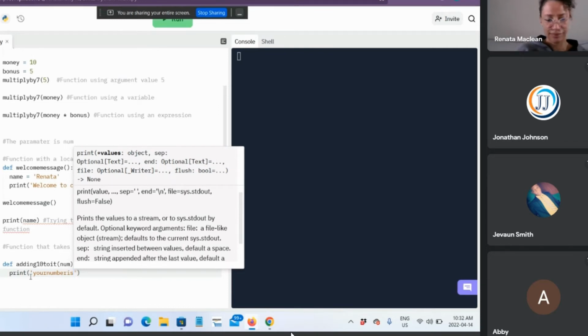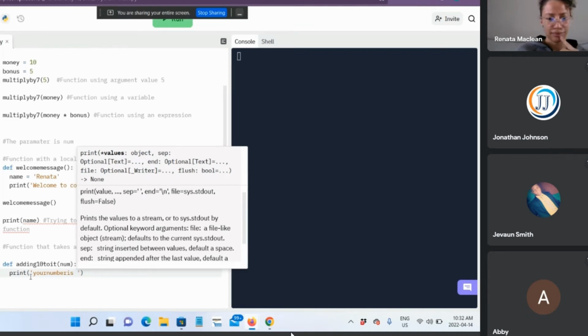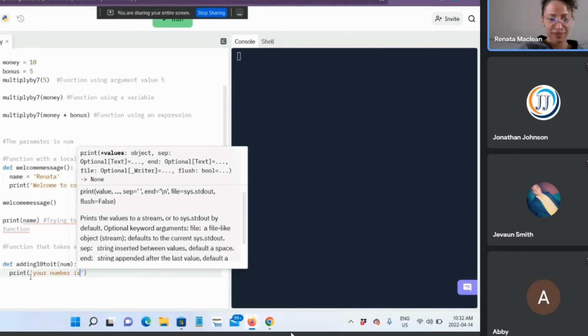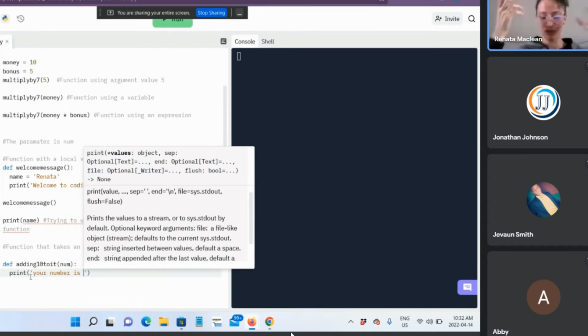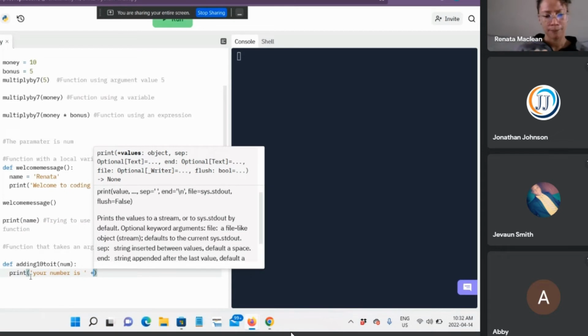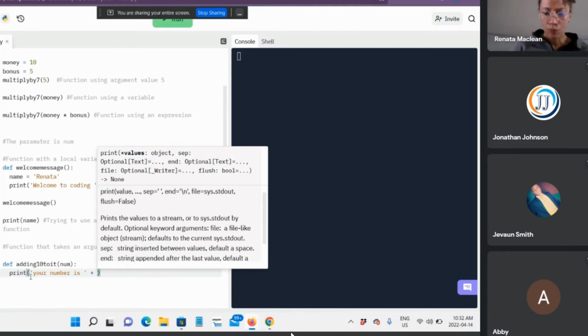All right, and remember, when you want to use any variable name, we use the plus sign outside of the quotations. Hey, you don't have any spaces there, Renata. Everything is squashed together. Your number is... That's fine. So at the end of the quotation mark, you're going to add the variable with a plus sign, because you can't print it inside the quotation. That's it. So you're going to use a plus sign if you want to put the variable beside it.